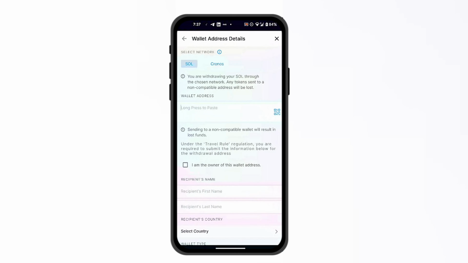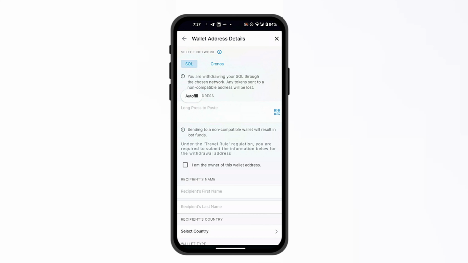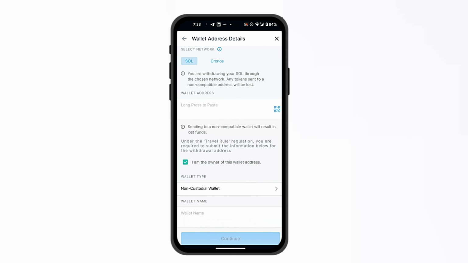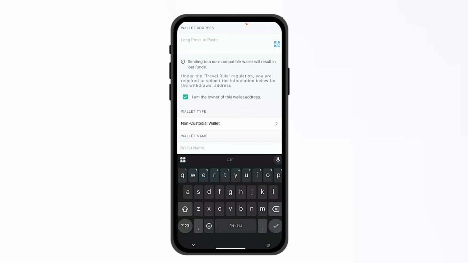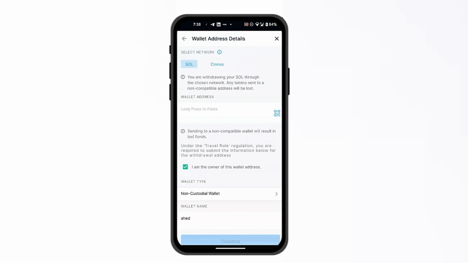And then from here, you're going to simply paste the address that is there in the Tangem wallet that is provided to you. If you own the account, then you can simply click on I am the owner of this wallet address and then select the wallet type, which can be from multiple accesses, or you can simply click on non-custodial wallet, click on done, and then from here write whatever name is for your wallet. So just say your own name. And then once all is done, you click on continue and